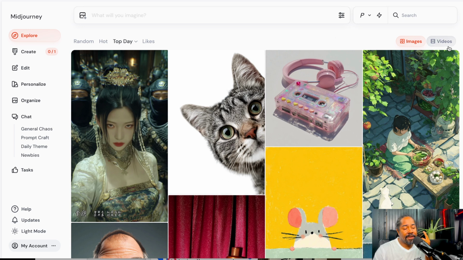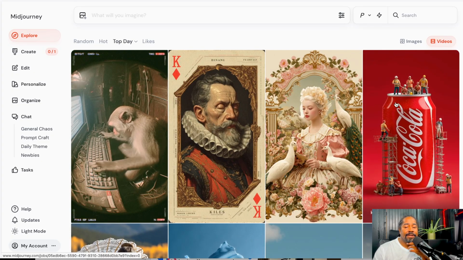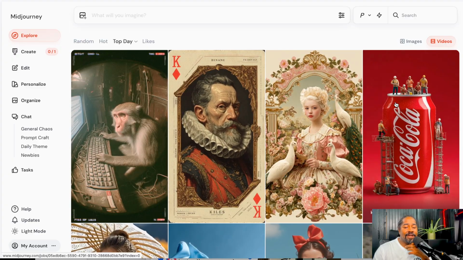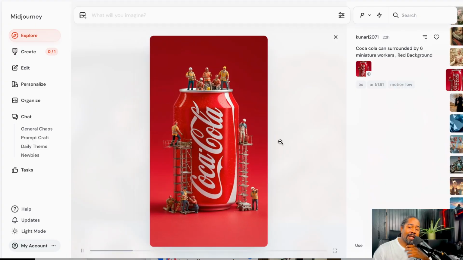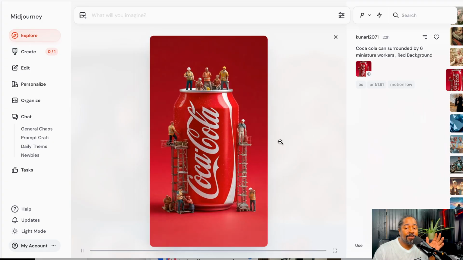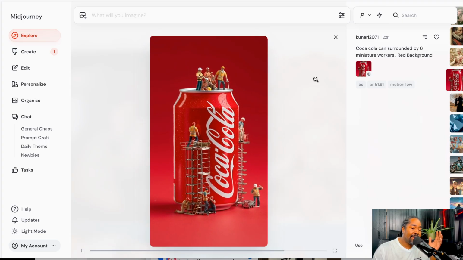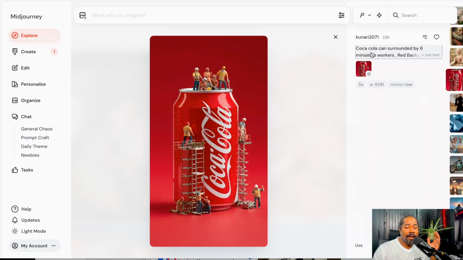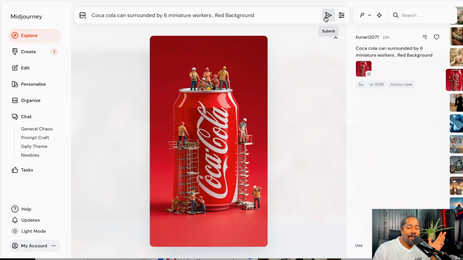Now, let's talk about the other capabilities that it has. Video. So this video is amazing. Now, think about exactly how much time you can save by creating something this cinematic. Check out this Coca-Cola. This is something that they're probably going to use, or that a person just really created very easy, but it can be used for a commercial. So again, simple prompt. This is the prompt up here in the prompt bar, and then you hit submit,